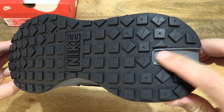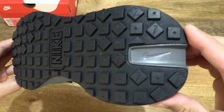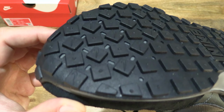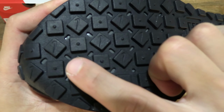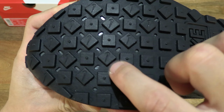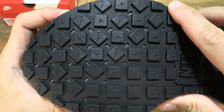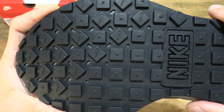And of course this channel here with the Nike swoosh molded into it. So now let's take a much closer in look at the details of the sole. So we can see Nike swoosh in the diamond orientated lugs or blocks,